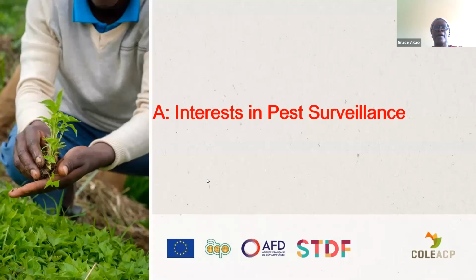You know, where countries are contracting parties to a convention. And that convention is the International Plant Protection Convention. It has very key interest in pest surveillance. And then at your level of national plant protection organizations, you also definitely have very key interest, and other stakeholders have key interest in pest surveillance. The private sector, the general population, similarly have very key interest in pest surveillance.